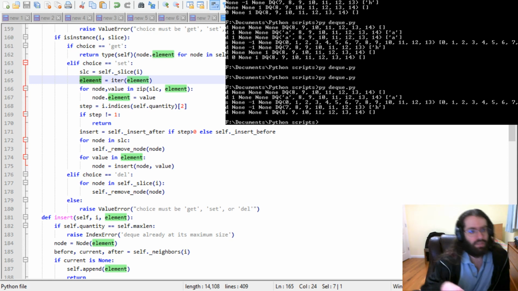So a slice of none, none, 1 is basically just a shallow copy. Just refers to the same sequence. So A through H should be